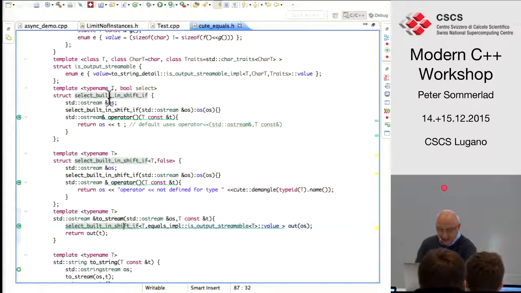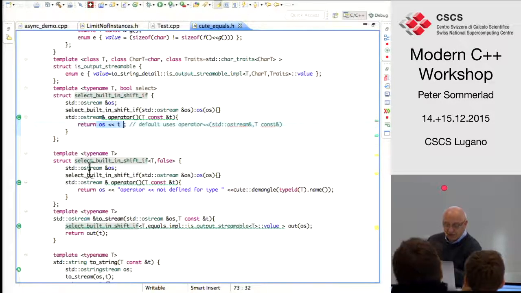I have two versions of the select built-in shift class, one with a generic bool, and one specialization where that bool is false. If the built-in shift is not available, I output that the shift operator is not defined for the type, and give the type ID. If the built-in shift is available, I just call it.